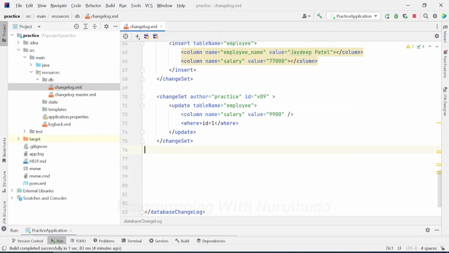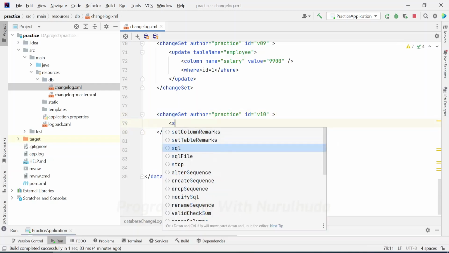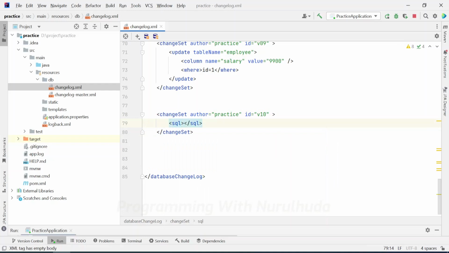One, we can insert the data. So we create one change set, and the SQL tag is used to write a simple query, just like a native query. Okay, insert into employee